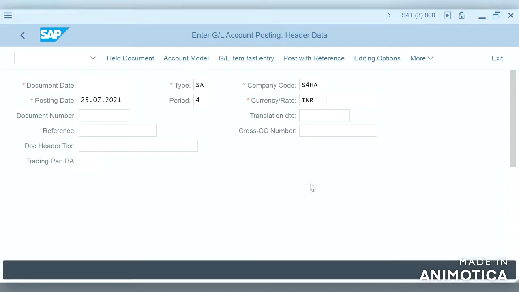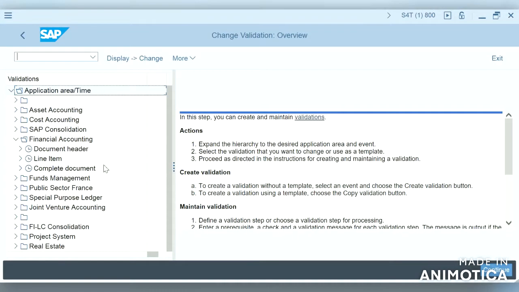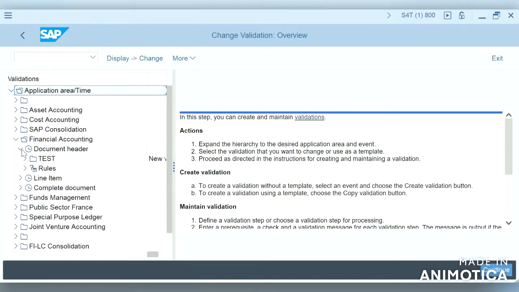We even can make a note, it is BKPF-BLART. So while doing the configuration step, we will add that in the configuration. So we found out that is required at document header level. So we will try to configure our step in document header section.